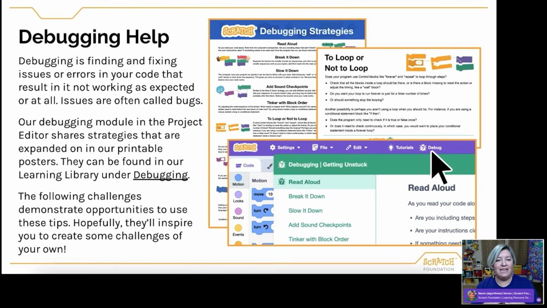And then hopefully it will inspire you to create some challenges of your own. As you've noticed as you're going through this, what I'm trying to do is set the scene, give you some examples, but I'm encouraging you to create your own. It helps me grow as a coder to create these, and it's a lot of fun.